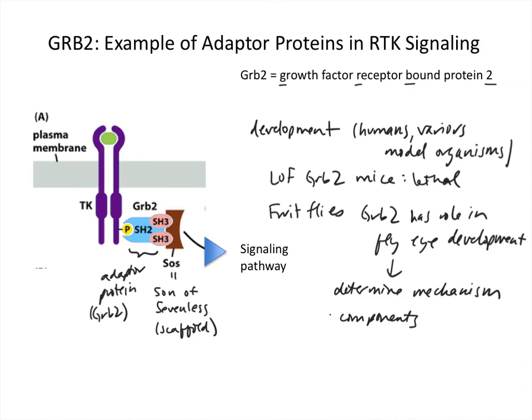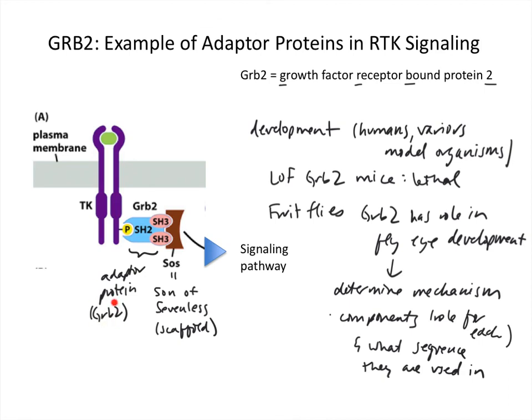So what are the components? What's the role for each? And what sequence are they used in? And so this is one example of how it's really useful to have a variety of different model organisms and have this kind of buildup of different genetic tools. So I'm not going to go into exactly what those are, but just know that that is part of how we end up with this sort of example here,